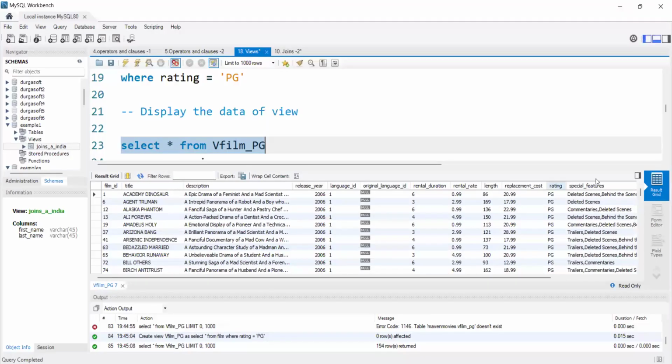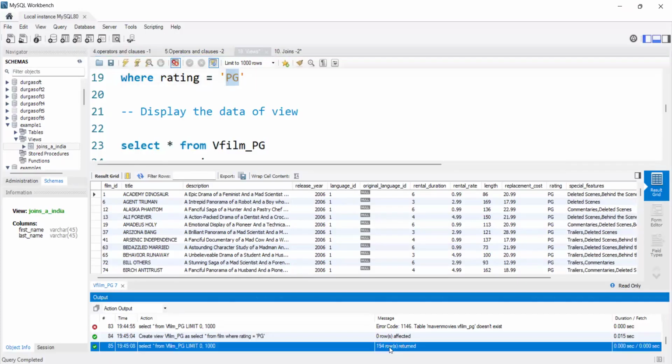Suppose I said pg and length greater than 100 in this view, and they deleted some rows here. Out of 194 rows, imagine they deleted 94 rows, because they want those 100 rows as their output. That's the reason they deleted 94 rows. So unless those 94 rows are safe in the table,